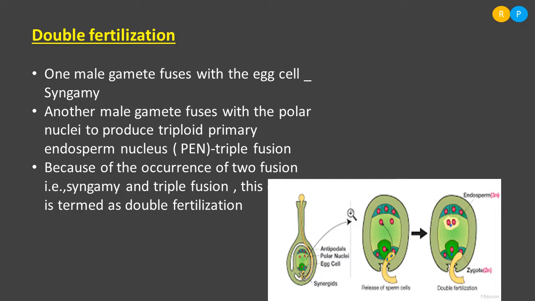Clear? I hope you understood today's class. In today's class we studied the formation of megaspore, pollination, and double fertilization that takes place in the angiosperm. So go through this video and practice all these characteristic features of the angiosperm, and in the next class I will explain the life cycle of the angiosperm. Thank you.